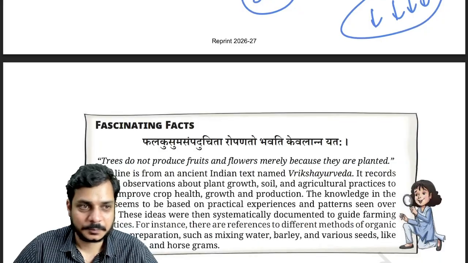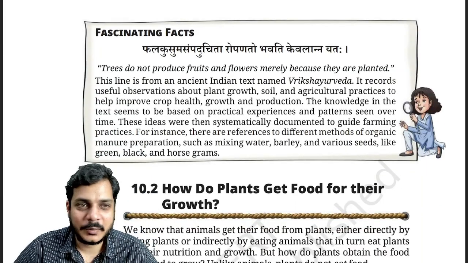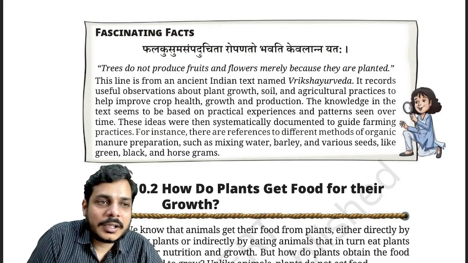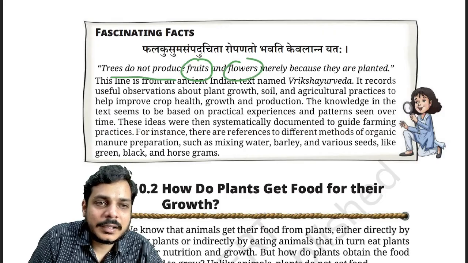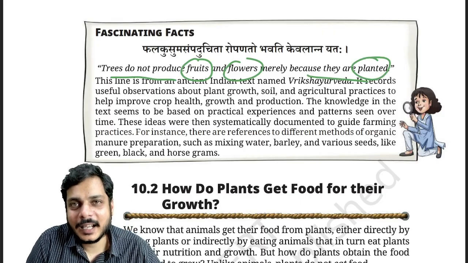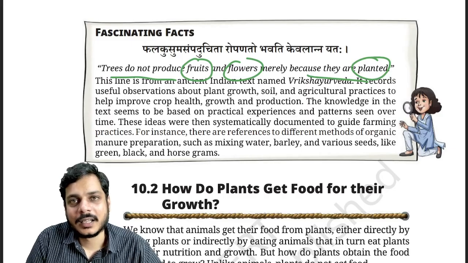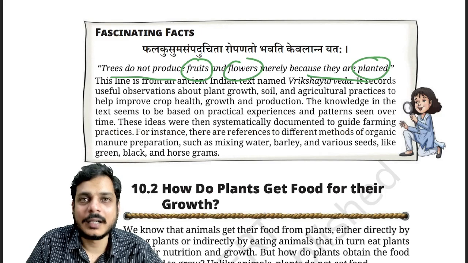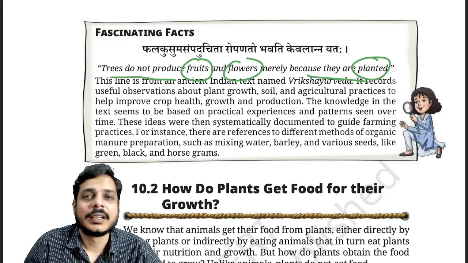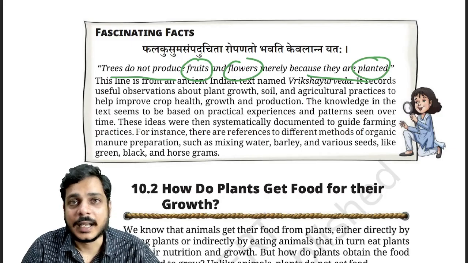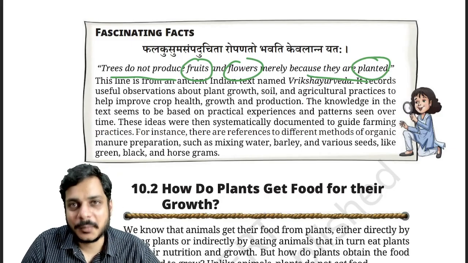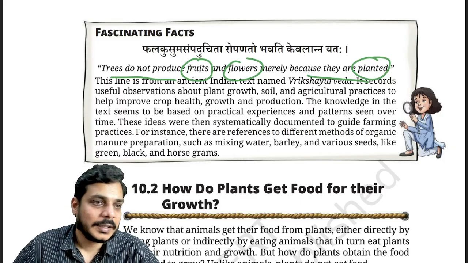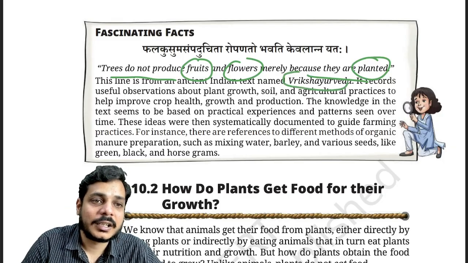This is a fascinating fact, and it contains very interesting facts for us to know. It says that trees do not produce fruits and flowers merely because they are planted. That means they require continuous replenishment in the form of water as well as sunlight. It is not just that you will plant a tree, and you will see that it grows on its own. You need to feed them water, nutrients, and sunlight. Okay, so this line is from the ancient Indian text named